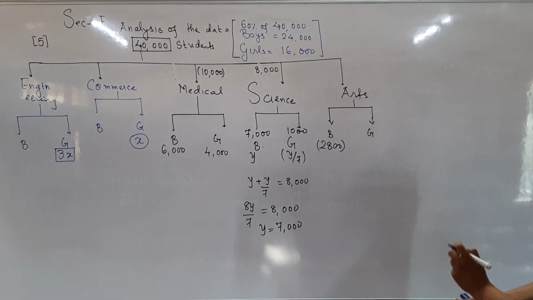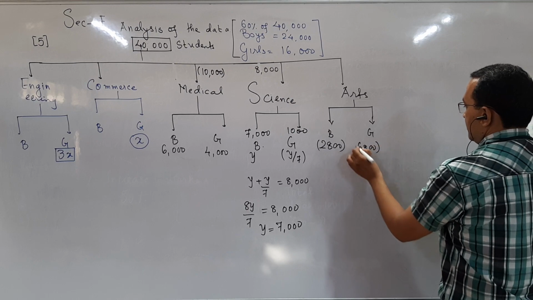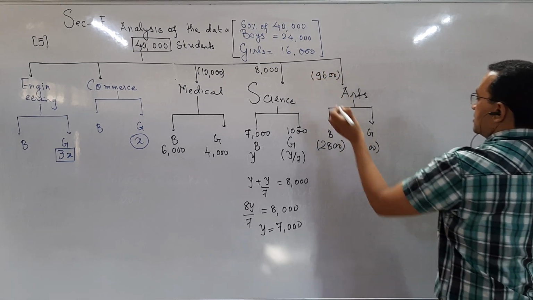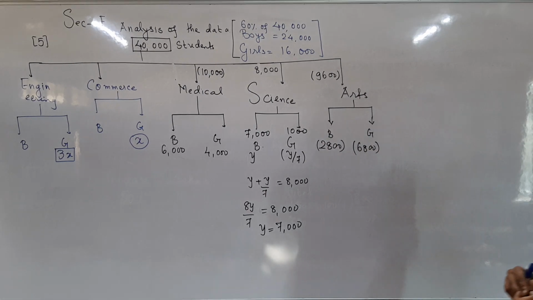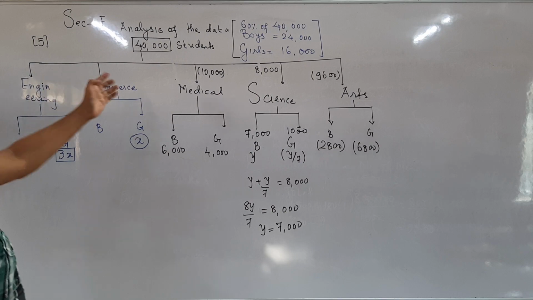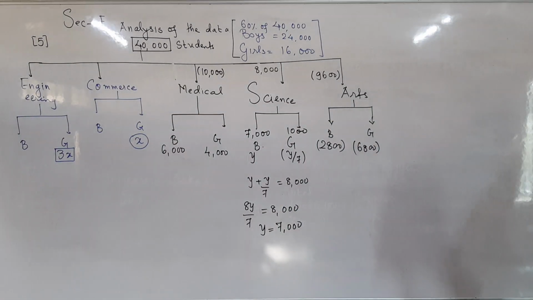And 17%: 17 fours are 68, so 6,800 girls. And total will be 9,600. Okay, so 3 faculties are totally done in analysis, and those 3 faculties are medical, science and arts. Now,